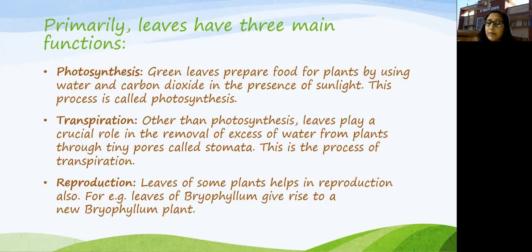So these leaves, they play a very crucial role in this, है ना, उस excess water के removal में they play an important role. Now how is this excess water removed from these leaves? They have got these tiny pores called stomata. Now what happens, the excess water is transported by the stem of the plant to the leaves. ठीक है, कहाँ पहुंच जाता है वो excess water, to the leaves, leaves में पहुंच गया.